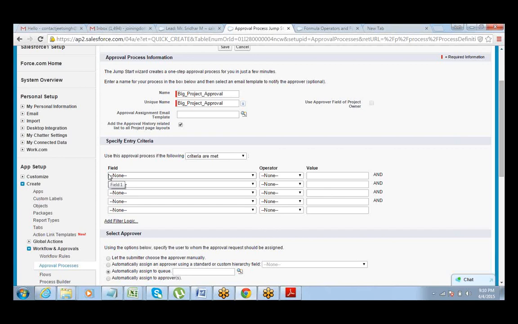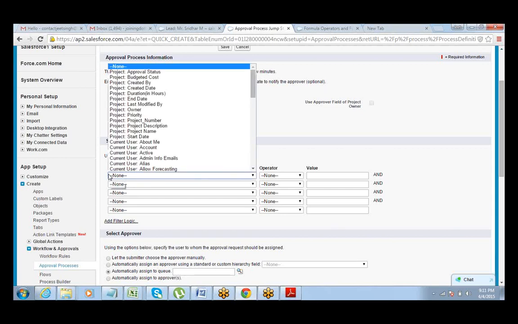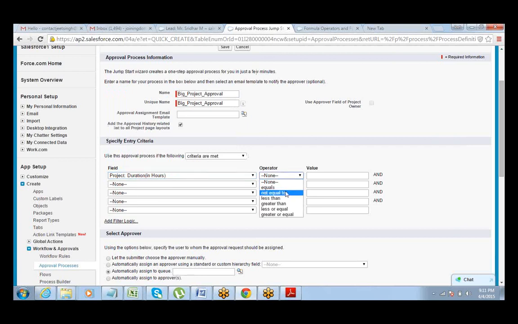All projects don't need approval, right? Which projects need approval? More than 2000. Duration more than 2000. So duration greater than 2000 hours. So in this case we have an entry criteria. All the records which are less than 2000 don't need an approval. So that is what we are defining here.